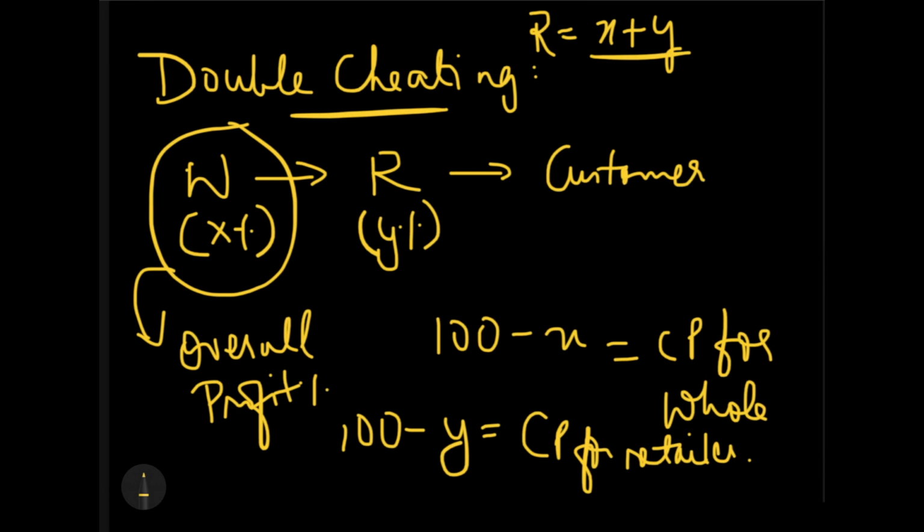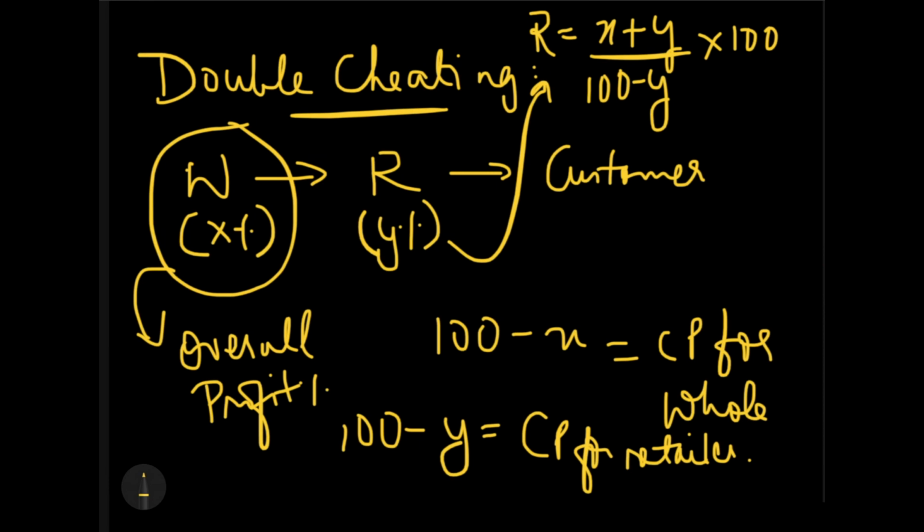Okay, and then if you are trying to find out the overall profit for the retailer, you would divide it by 100 minus y and multiply it with 100. So that would give you the overall profit of the retailer, the person in the middle. Okay, and what should be the case for the overall profit of the wholesaler? The CP would change, and what would be the profit for the wholesaler? Do you think it would be plus y or minus y?